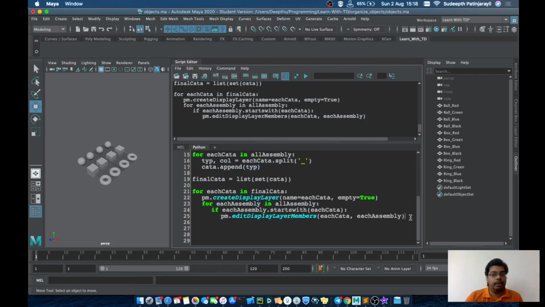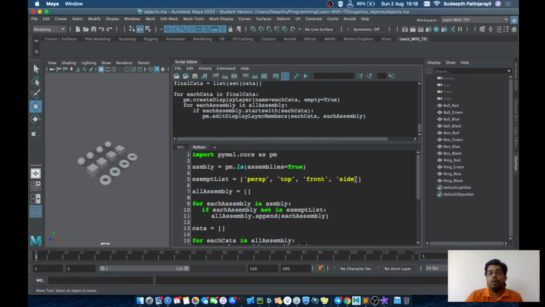I'm not showing that in this video. You can try it out. The assignment is that you categorize based on red, green, blue or black, and this function is not hard coded.